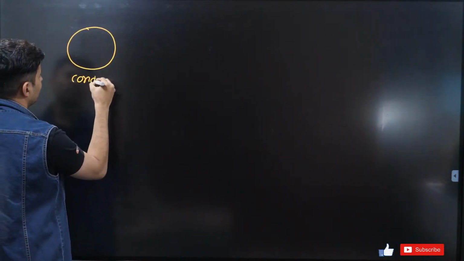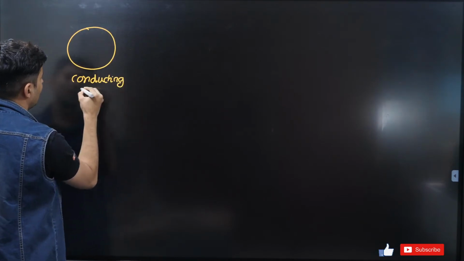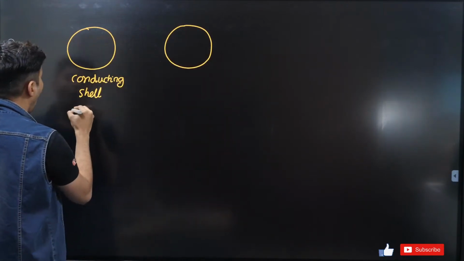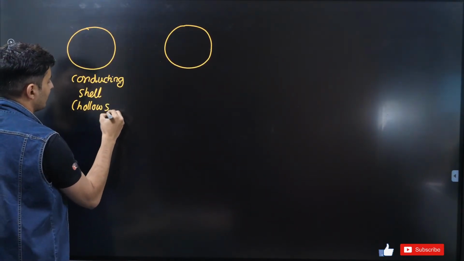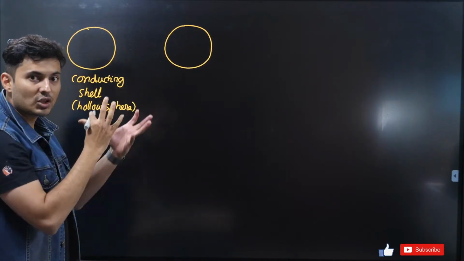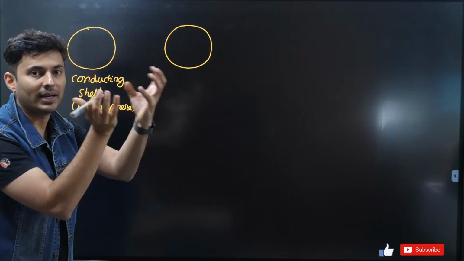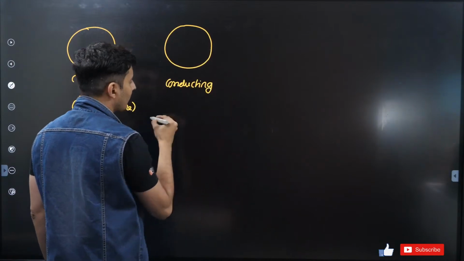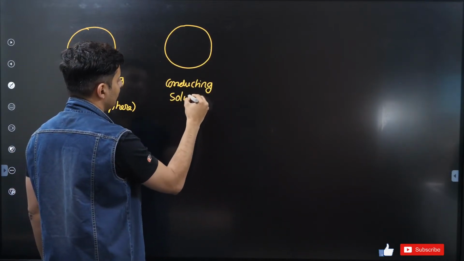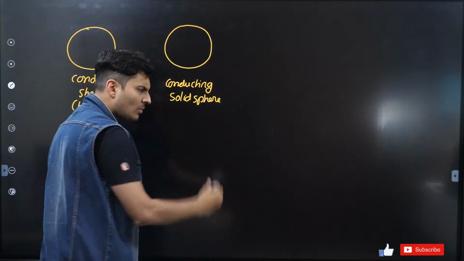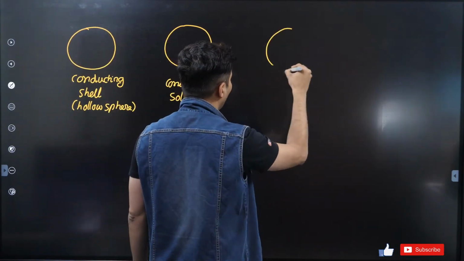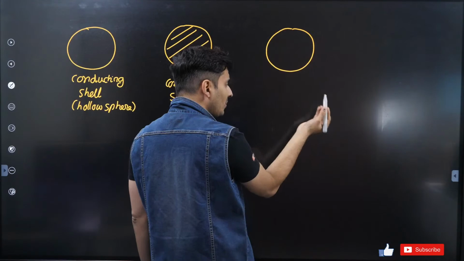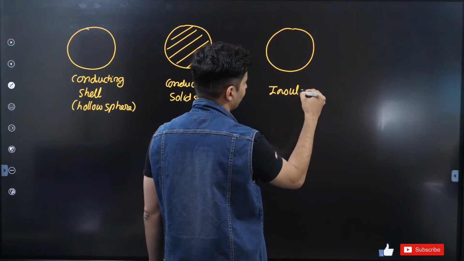If you take a conducting shell, a shell means it's basically a hollow sphere. That means there is air inside of it. It's hollow, that's why it's called a shell, like the shell of an egg. Or if you take a conducting solid sphere, so I'm just making it solid, or if you take a non-conducting or basically insulating shell,